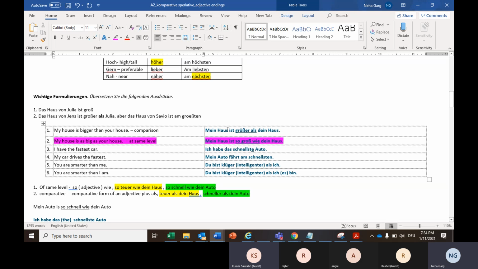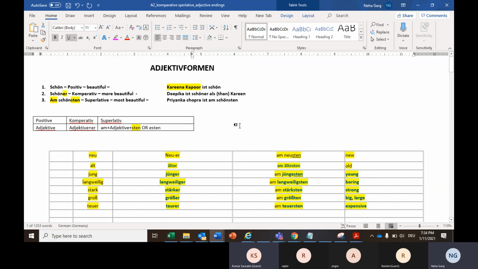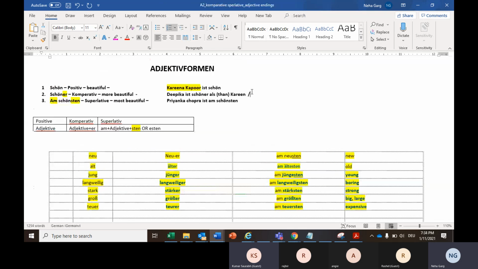So when you compare, you use the comparative form and then add als. But when something is at the same level, you write zo plus adjective plus we. Like in English, we write as big as, as beautiful as. Or maybe like here, I can write instead of this,